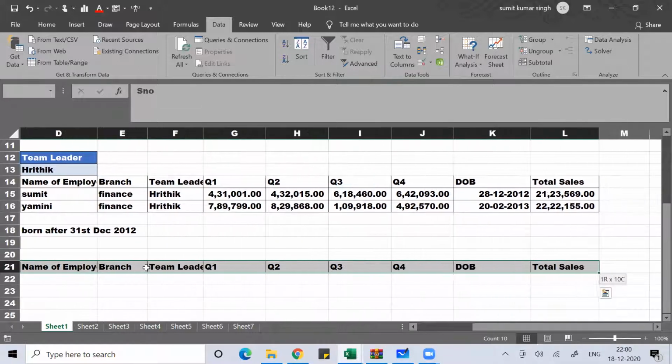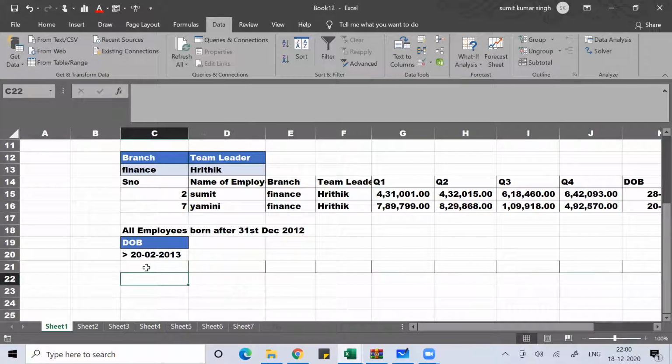Let's first delete this. So date of birth. Okay. Date of birth equal to 22/02/2013.